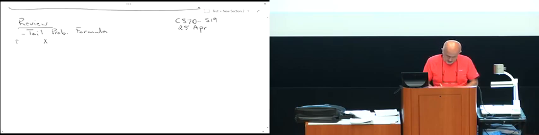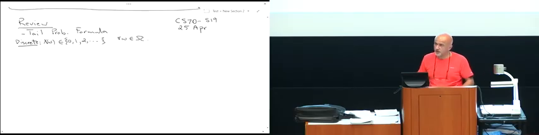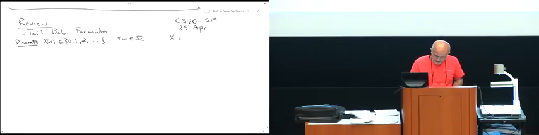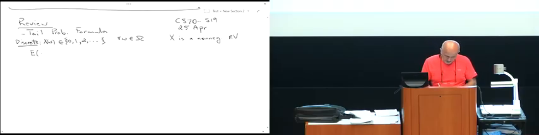The discrete version is that if X takes on non-negative integer values for all sample points, so it's a non-negative random variable, then the expected value of X, which by definition we know is the sum over all k